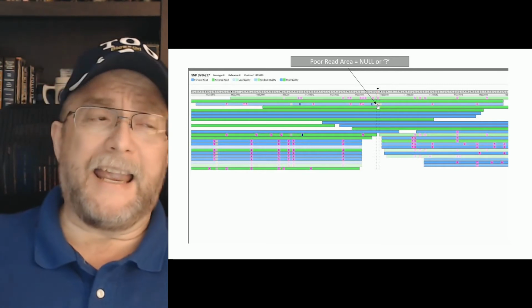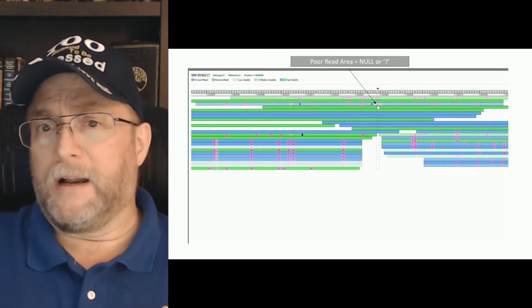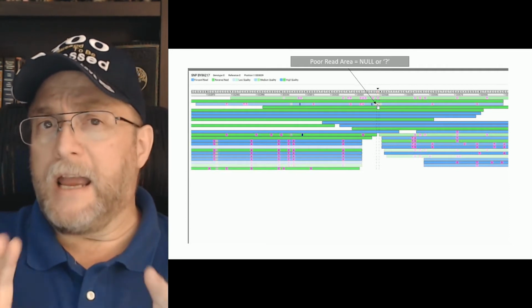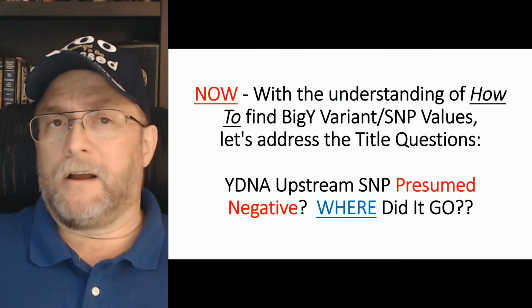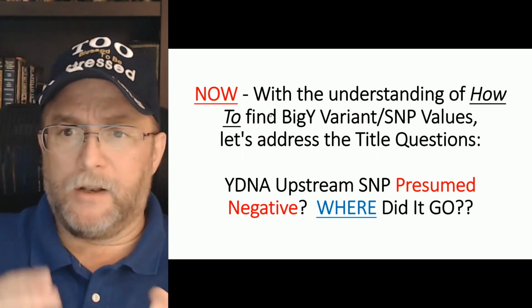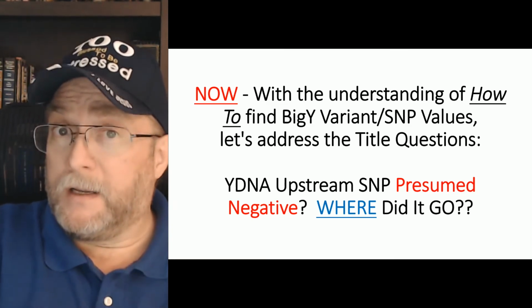With the fact that this is a medium read and not a high read area, he has the 10 minimum he needs for this to be called the reference. Now that we understand how to get in and look at what a value is for a named variant,